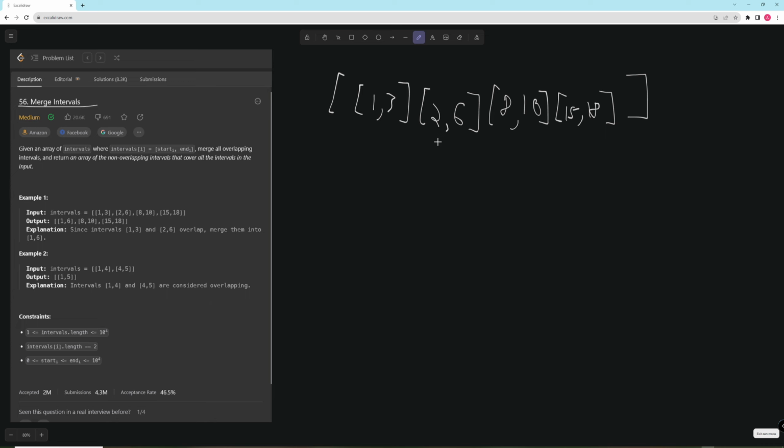And so the merge procedure is really simple. For two intervals that are overlapping, all you do is you take the starting value from the first one, and then you take the max of these two values here. So these two intervals would be combined into 1, 6. And then you would just keep going. 8, 10, 15, 18. And that's essentially how you combine them. So it's really straightforward. You just want to take the smallest value on the left and the biggest value on the right. And then that's going to be a combined interval, and you keep doing that, and you keep combining